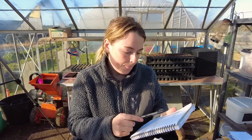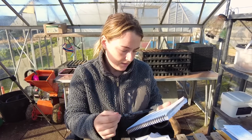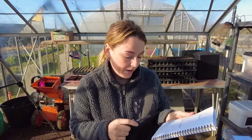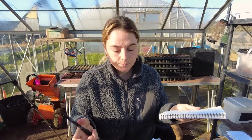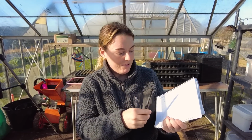Now there's some of those varieties that I want 2 beds of, and I have put down rudbeckia, helichrysum, celosia, and that's it, I think. For that's the varieties that I want 2 beds of. And there are a few things that I don't want a full bed of. For example, flax, scabious, nigella, and corncockle. So overall that comes to over the amount of beds that I've actually got here in my field that I've